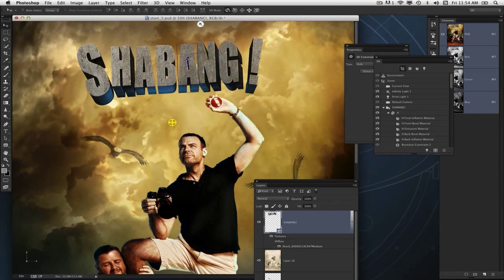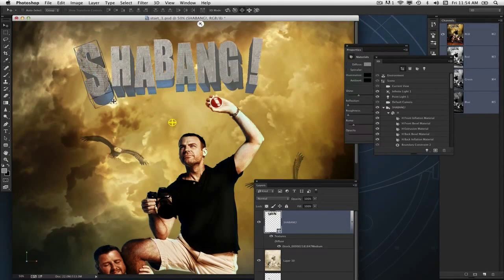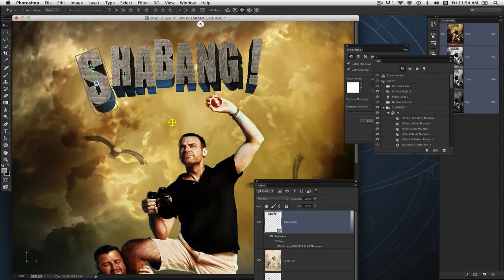But if you just like freehand rotating and manipulating the letters, you can just do that using the tools here. And just nudge that up a little bit. And this is where the patience really comes in with 3D, is being able to just work around and play around